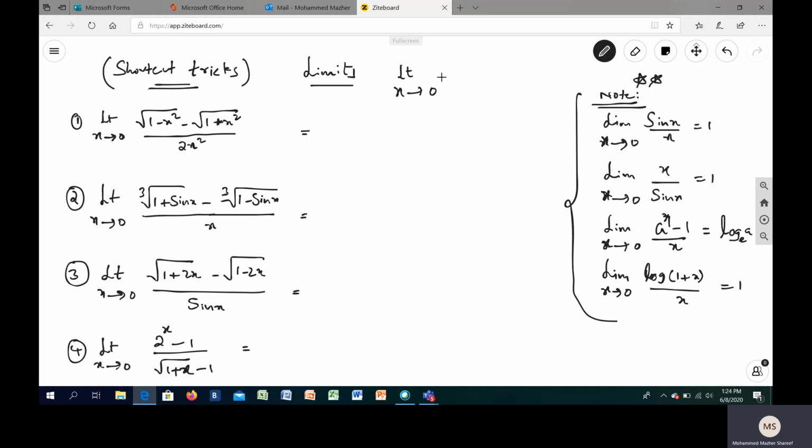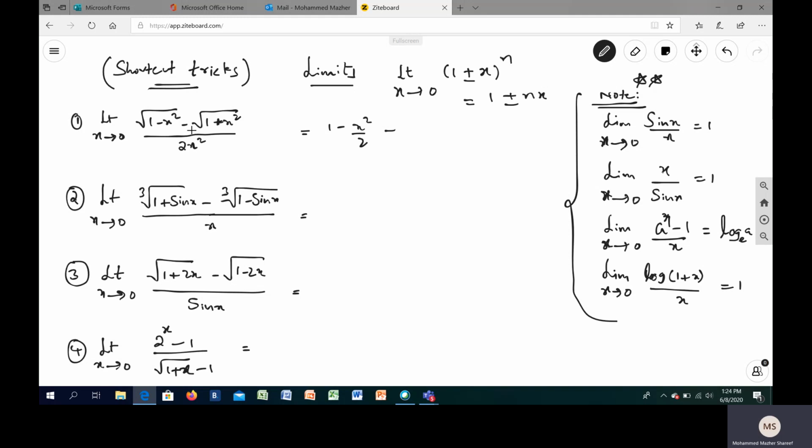When we have limit x tends to 0 of 1 plus or minus x raised to n, whenever there is such an expression, remember it is nothing but 1 either plus nx or minus nx, depending upon the binomial that you have with the power n. The same trick we apply whenever we have a binomial expression with power n. Now this is second order, so I can write my n as 1 by 2, and you can quickly solve it.